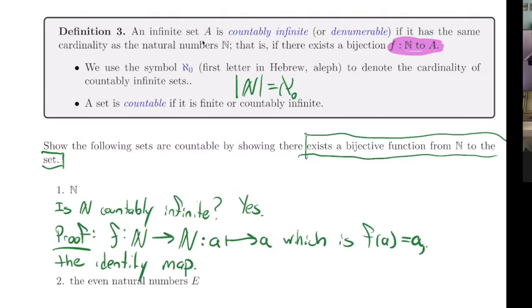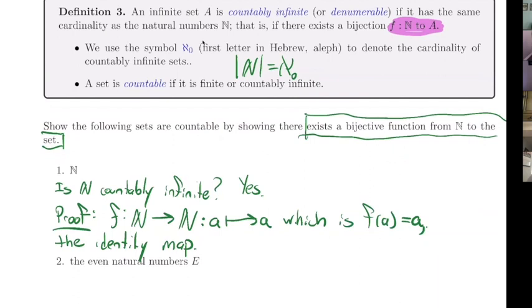And I think we're all convinced that that's injective and surjective, right? Since what goes in is exactly what comes out, different things get mapped to different outputs, and we're going to be able to hit every single thing in the codomain. Okay, so this would be a really big problem if the natural numbers themselves were not countably infinite. Okay, and so for other sets, it gets a little bit trickier. But any questions about that one?